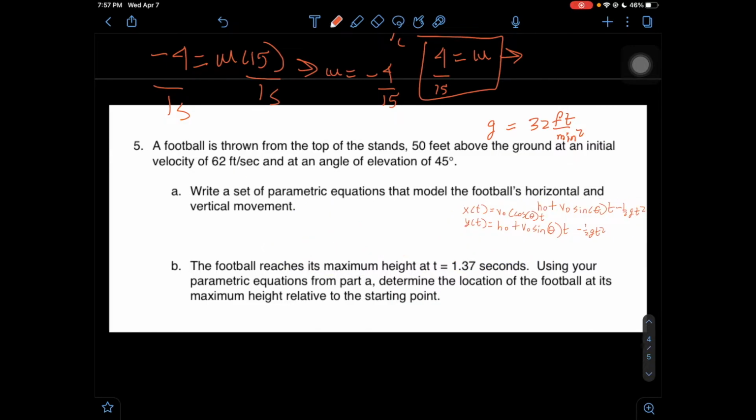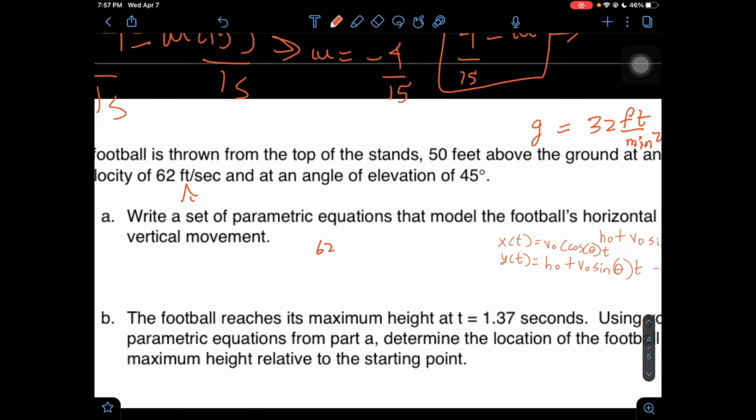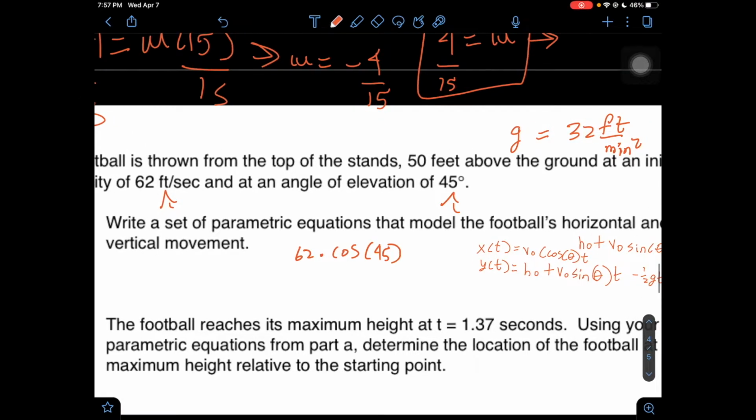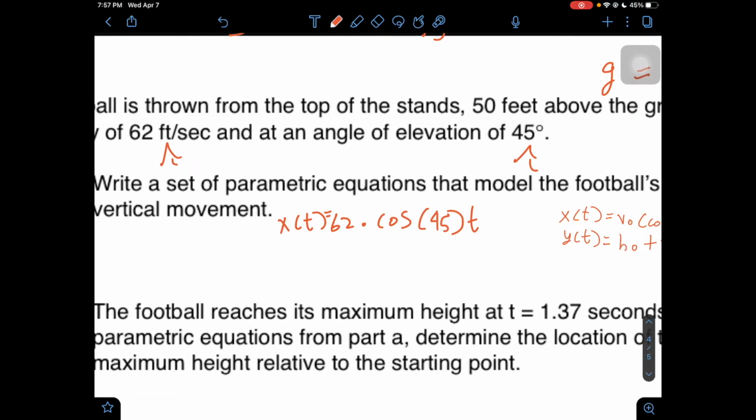So now we know our initial velocity is 62 feet per second. So now we have 62 times, which is our initial velocity, 62 times cosine of theta, which is our angle, 45 degrees. And that's it, times t. Well, now we can look at our unit circle and say,